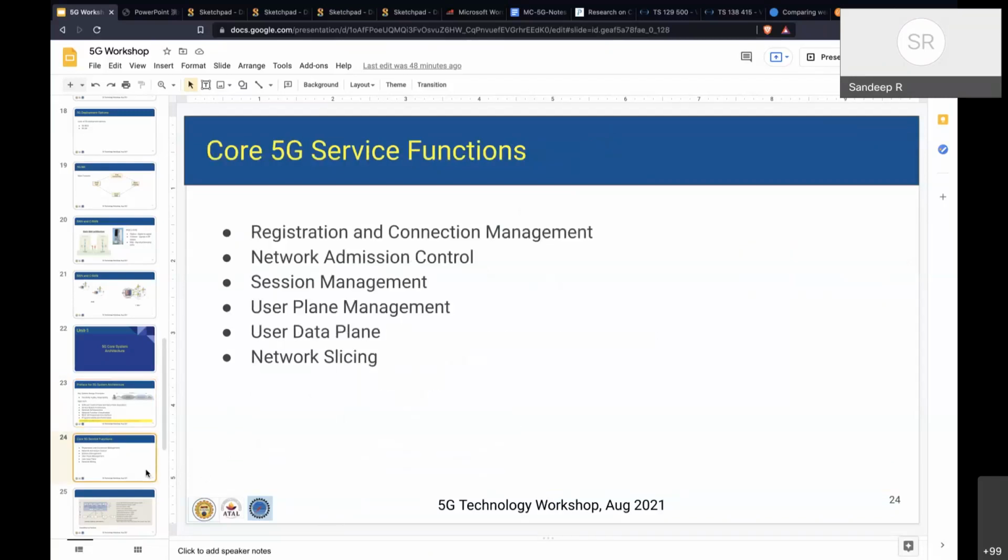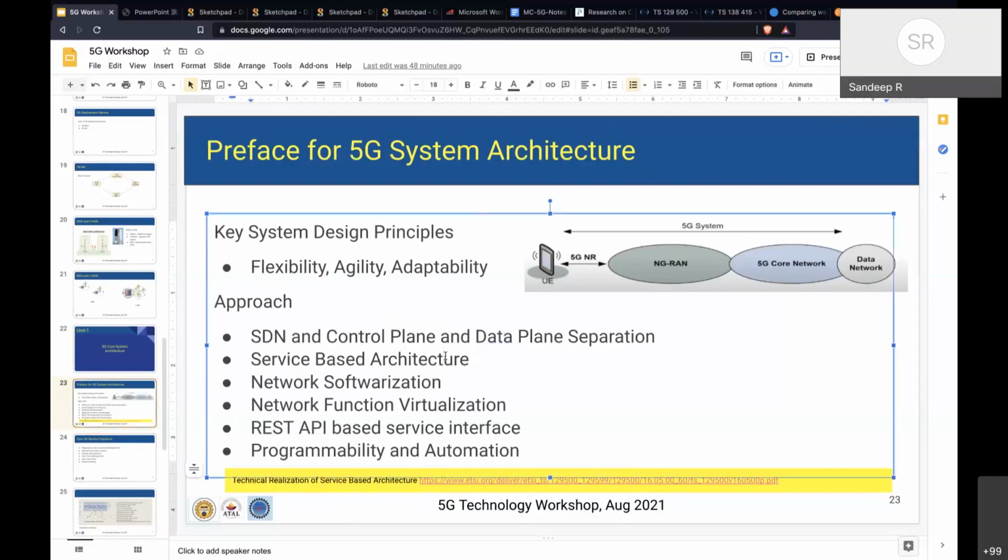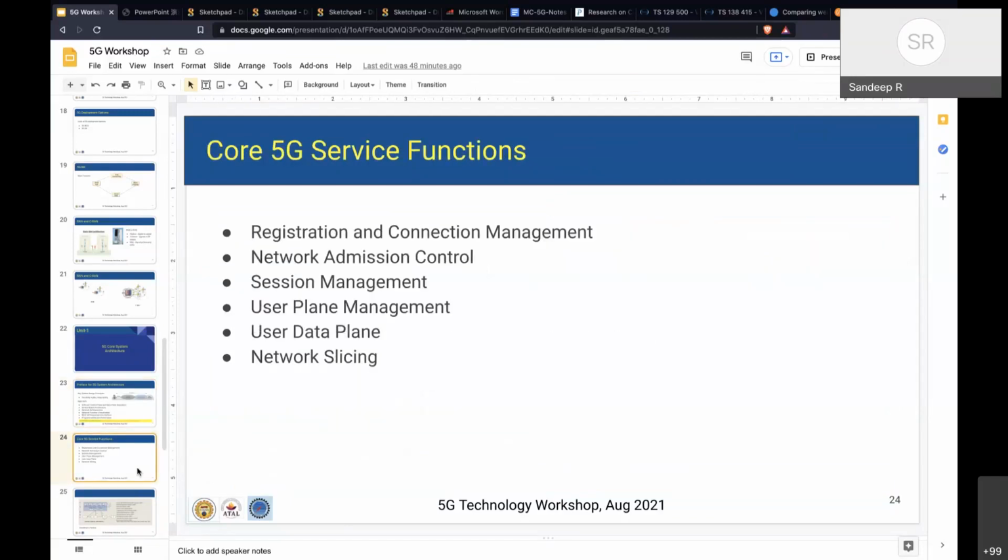Okay, so without much other delay, let's now try to understand. Okay, now that all these good things are there, there's one part about SDN, control plane data plane separation, so I will cover that as part of the architecture discussion. So let's see. Okay, what is the core function? 5G has so many building blocks. Of course, it's quite a complex system. But what are its core